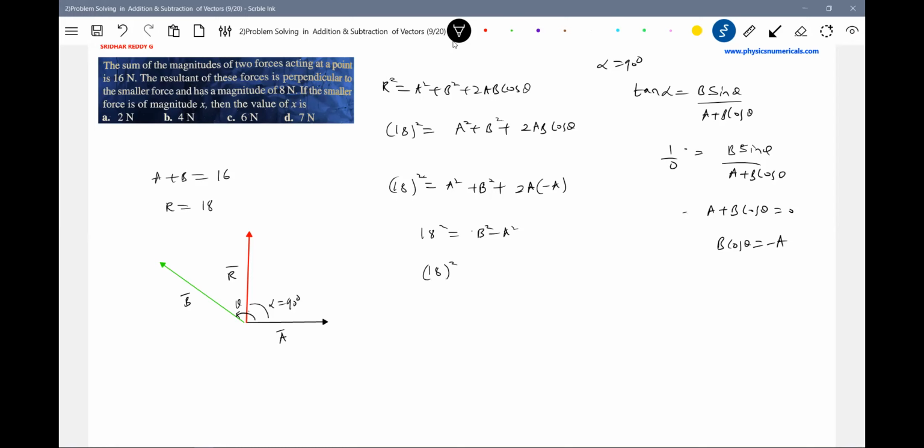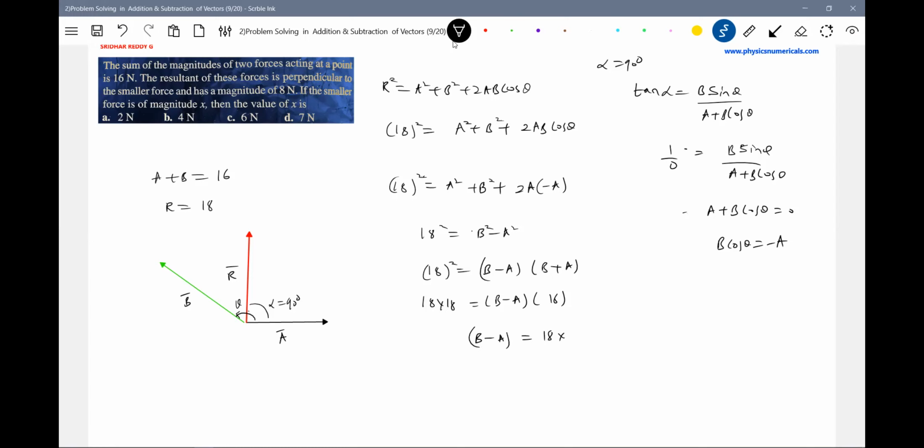So 18 square equals B square minus A square, you can write B minus A into B plus A. B plus A is 16. So this is 18 into 18 over, B plus A is how much? It is 16. So the value of B minus A is equal to 18 into